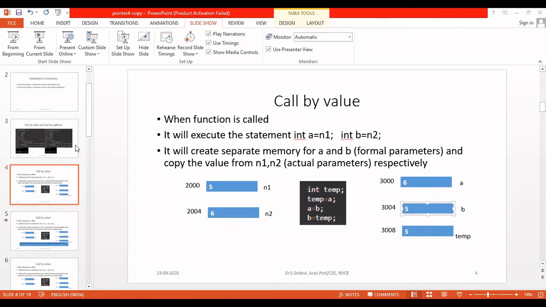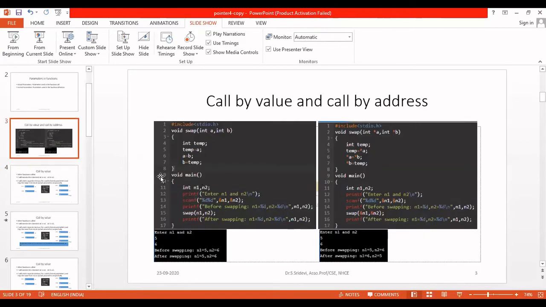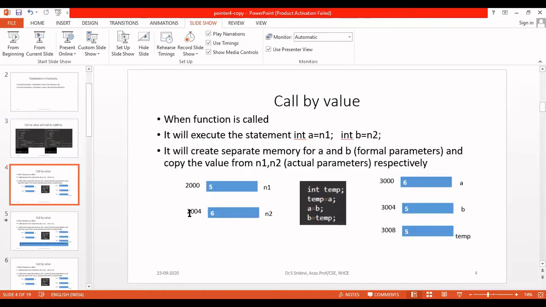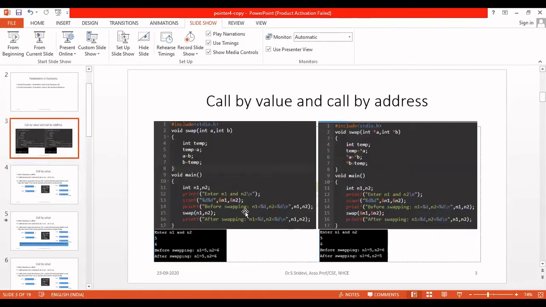So because of that, now let us go to the program again. When I run this program and the closing parenthesis is encountered, control will come back from swap. Now I am printing the answer. What I am printing is n1 and n2. Now, what are n1 and n2? It will go to this memory only. n1 is 5, n2 is 6. Again, the same values. So when you run this program, before swapping, n1 is 5 and n2 is 6. After you call the swap function also, n1 is 5 and n2 is 6. So you have called the function to do work. It has done the work, but the answer is not reflected in the main function.